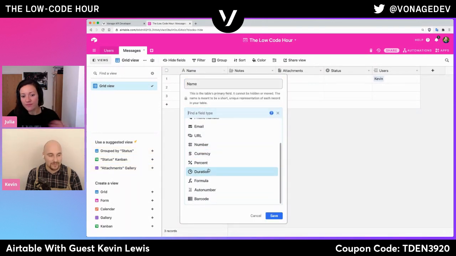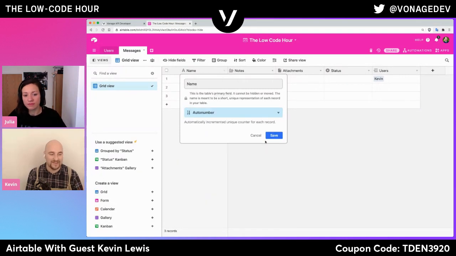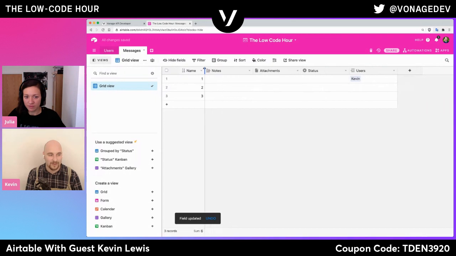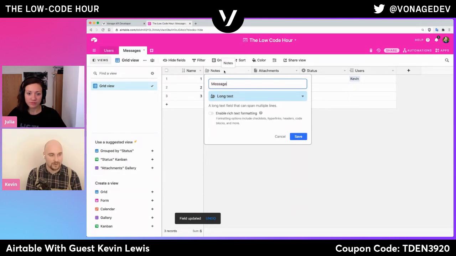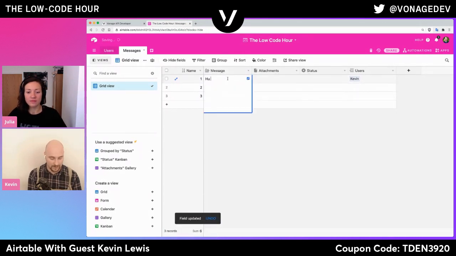So one of the data types is just an auto number. It just gives every record a unique number. We don't need to care too much about it. It will go up one every single time. And we can actually put the message in here. So I can say,